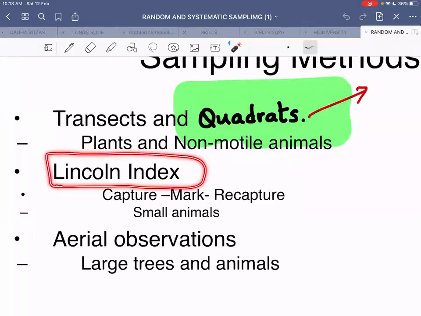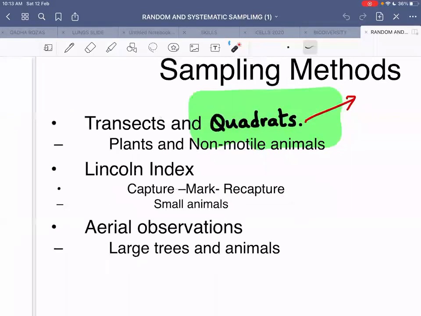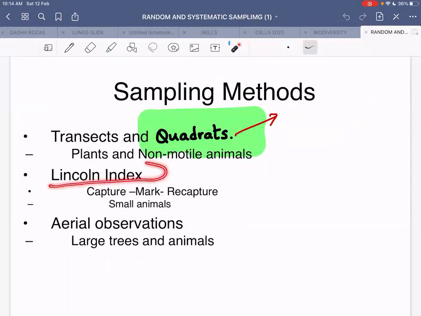in which a past paper question was given, which also had a formula. I told you that you guys have to remember that formula. The technique is of capturing the animals, marking them, and then again recapturing them. This whole technique is called the capture, mark, recapture technique. And the formula that we use to find out the number of animals within a particular area that are frequently changing position, the name of that formula is Lincoln's index. Having said that, today what we will do is transects,